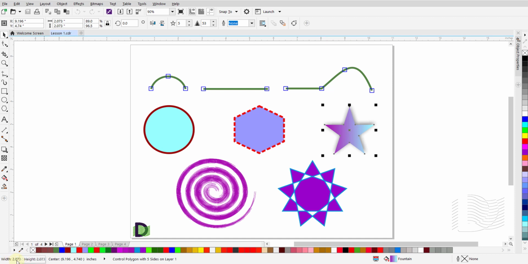Again, it shows you the width and height of the selected object and the placing of its center along the X and Y axis on the page, and that it is a polygon with 5 sides. It is on layer 1. Then it shows that it has a gradient fill and that it has no outline.